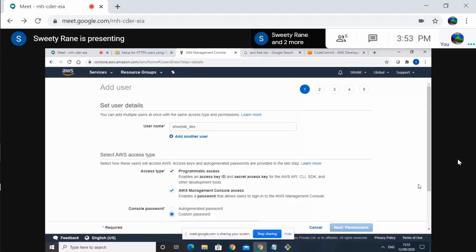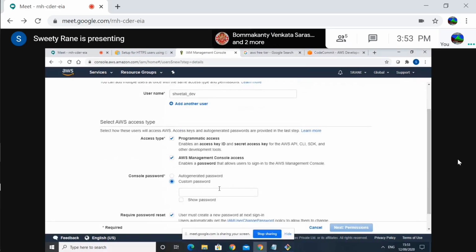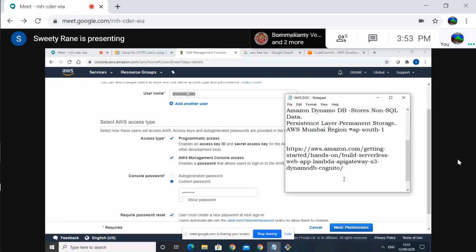Then go down. And remember, you store this username and password in a separate file. IAM username.